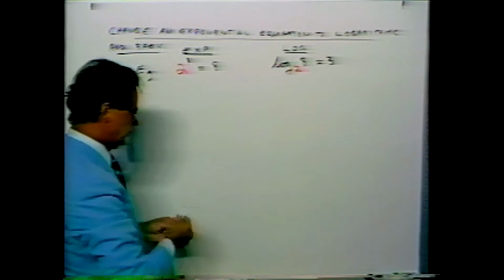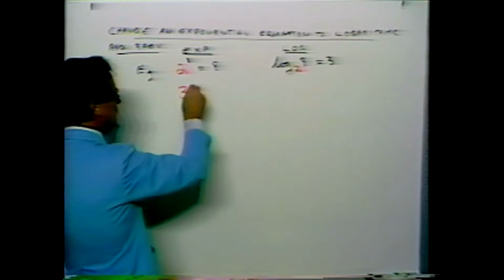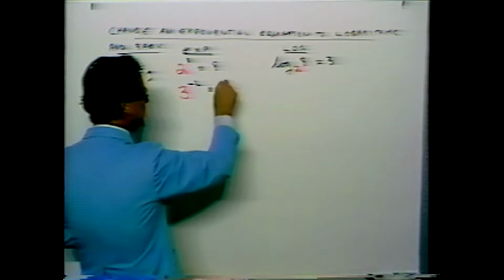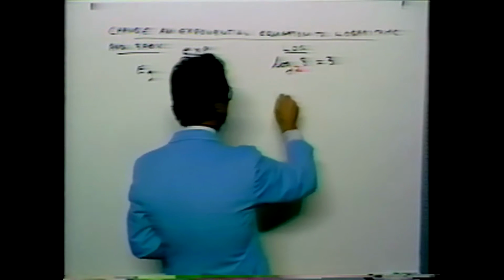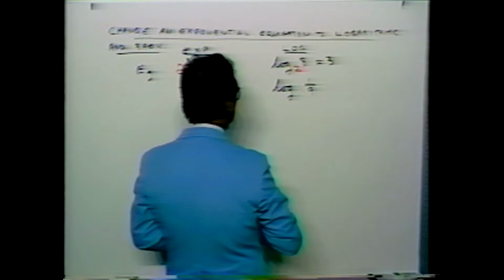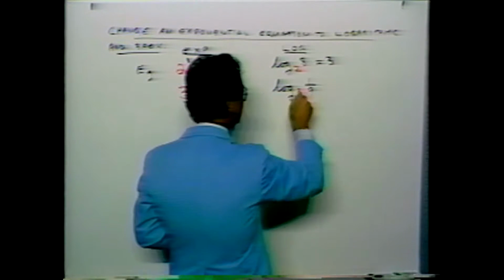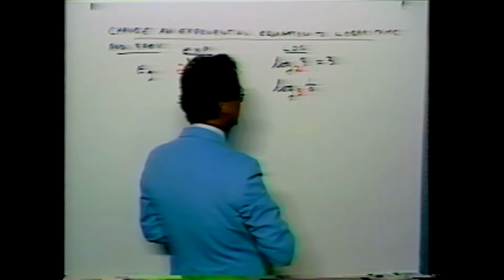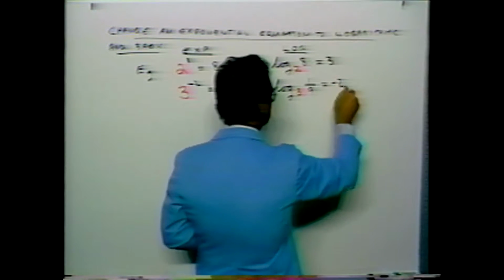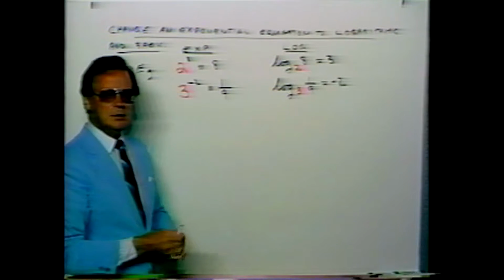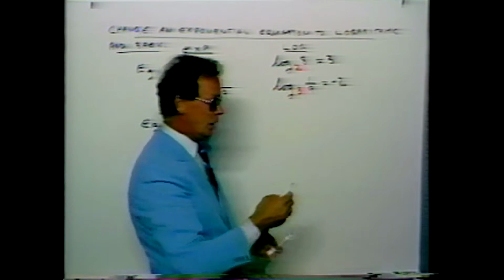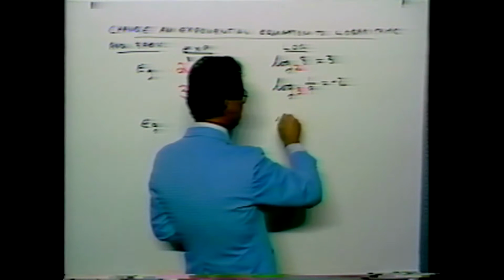Another example, 3 to the minus 2 is equal to 1 over 9. In logarithmic form, the log of 1/9 to base 3, write it small and drop it a little, is equal to minus 2. But on the other hand, for example, if we begin with the log of 16